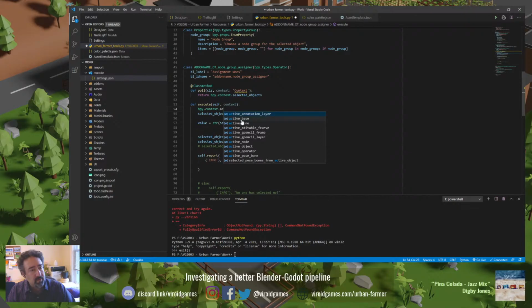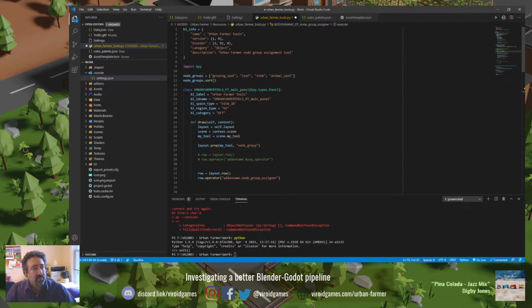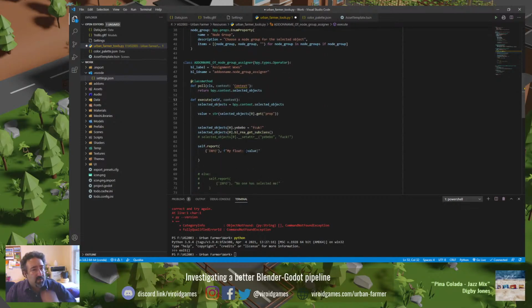I think this is the disconnect here. BPI context and context. And this is because I don't know much about importing stuff yet. I think that's why it's happening. Anyway, we'll just type BPI for now. I'm okay with that. Actually, this is fine. So, what they are saying essentially is